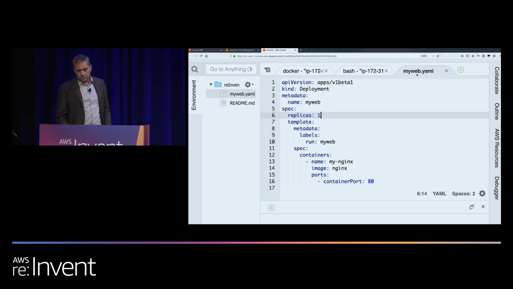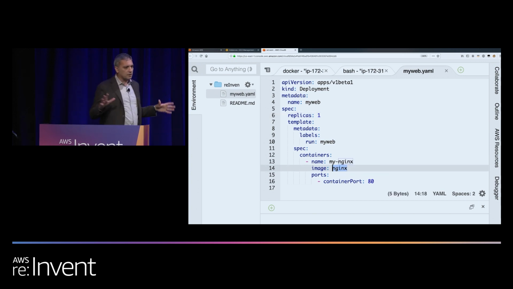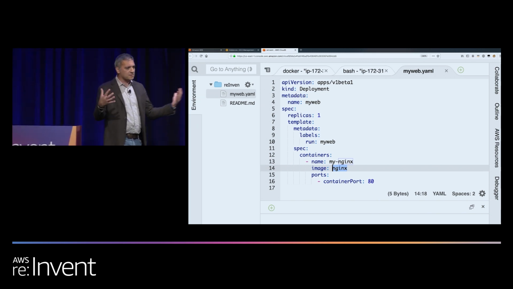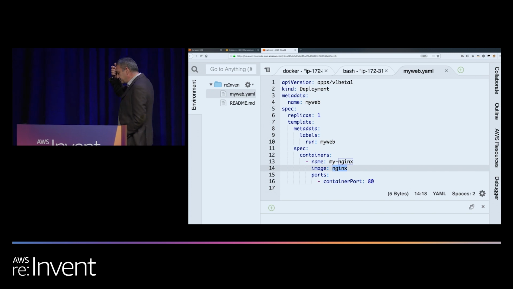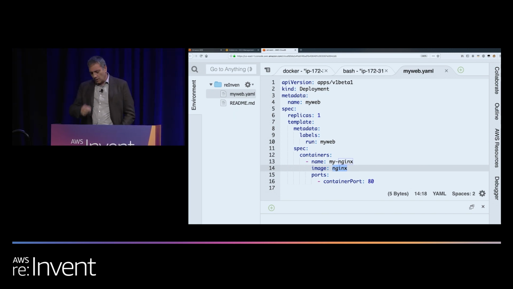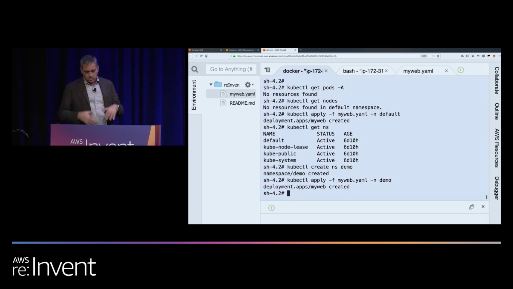This pod doesn't do fireworks. It's just an NGINX, right? It's a deployment with one replica of an NGINX image. It's just for the sake of the discussion. This is not a fancy demo like the one that Clare Liguori showed today. It's just for you to understand what's going on.